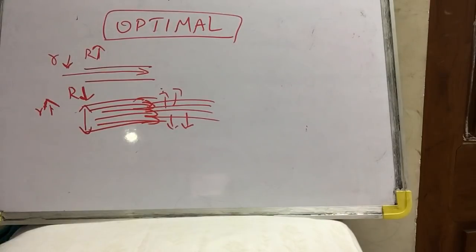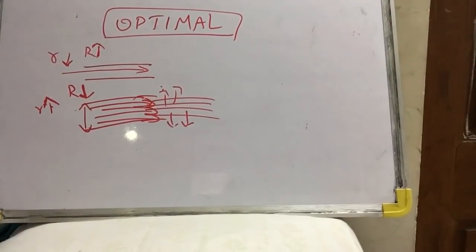And law of Laplace: the lesser the radius of the vessel wall, the lesser will be the tension surrounding the vessel wall. That is why capillaries, which are very thin walled, are not prone to get ruptured. Though they have a very thin wall, they are not prone to rupture only because the tension surrounding the vessel is less, and that denotes the law of Laplace.